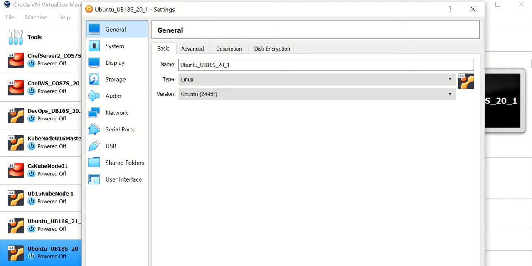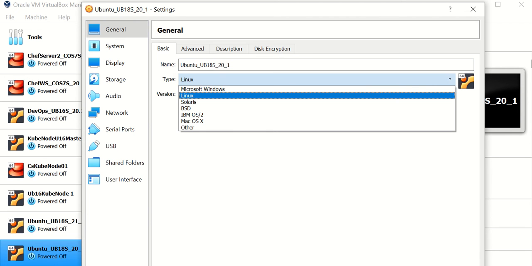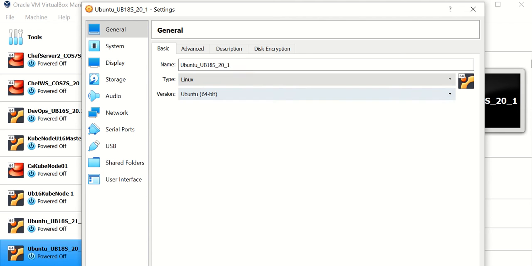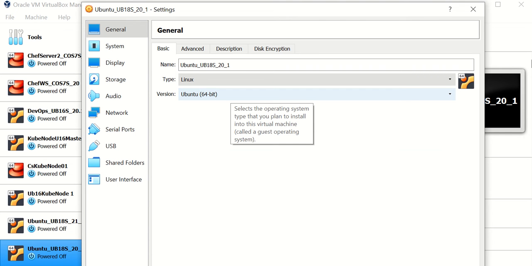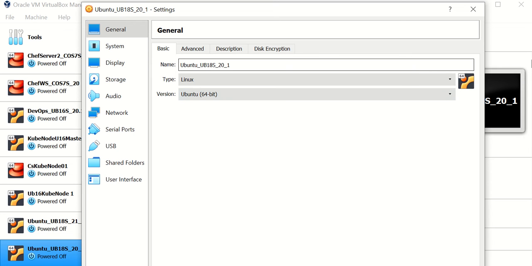Here in the first tab, the General tab, you have the option to alter the name you have given to the virtual machine. You can again change the operating system you wanted to install, whether it would be 32-bit or 64-bit. All these things you would have selected when you had created the new virtual machine. Assuming here I am doing it for a command line server, I need to just choose the name and the